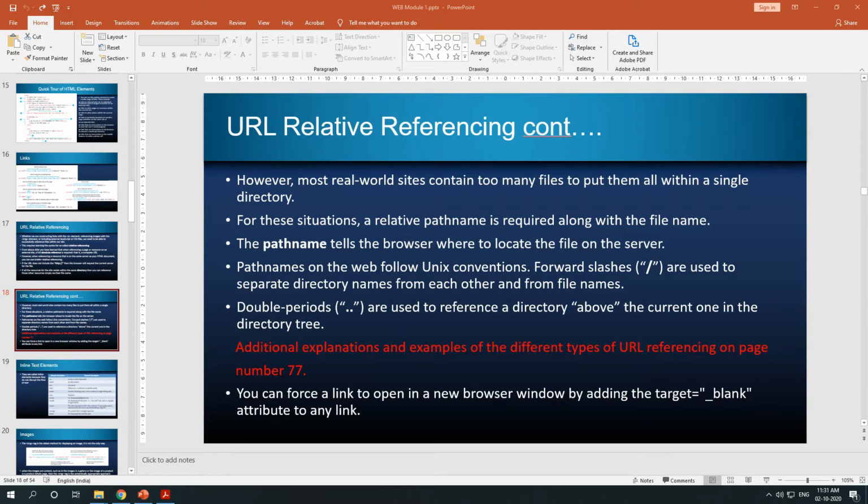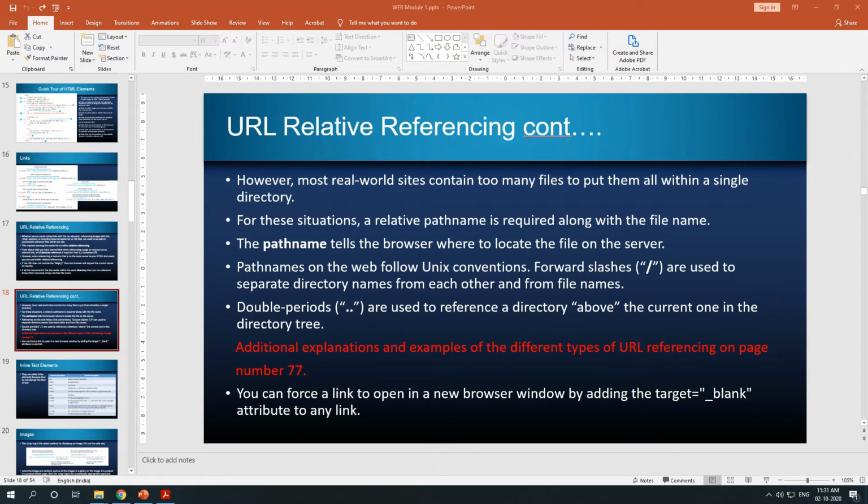So to manage these files, you create different folders. You will create a folder called images, a folder called documents, or a folder called resources, something like that. In those particular folders you will arrange particular resources, right?